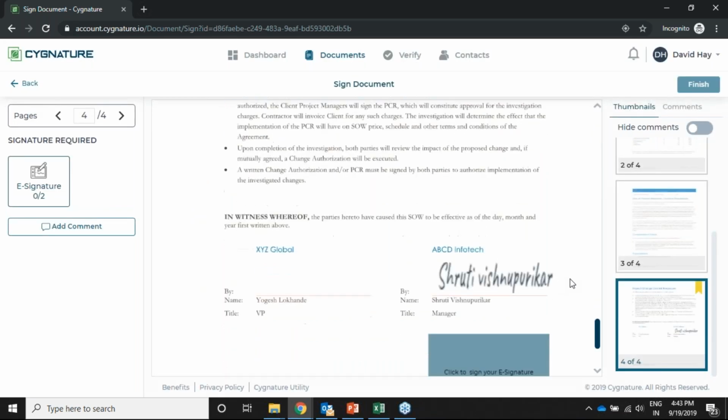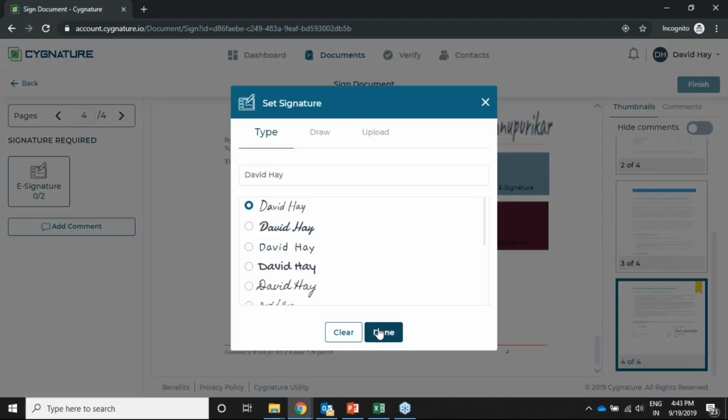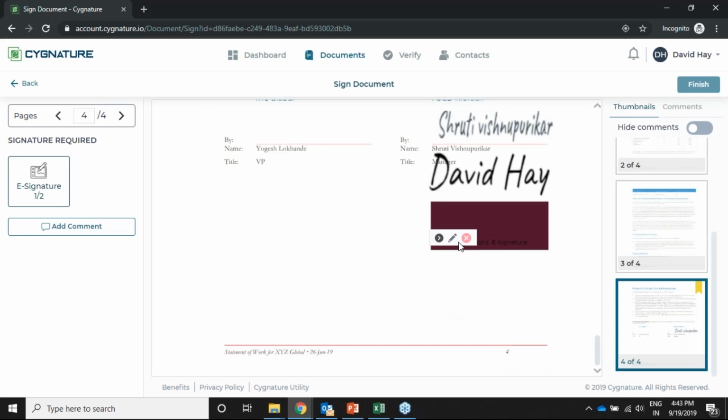Okay, so here it is. Click here to click to sign your e-signature. So when I click here, it will ask for David Hay's signature. I'll say done.